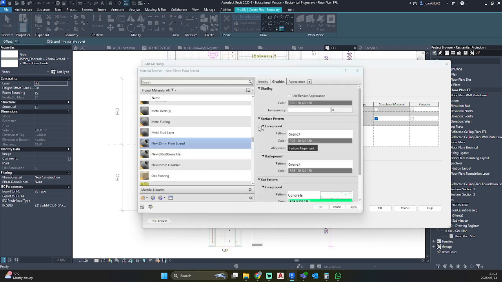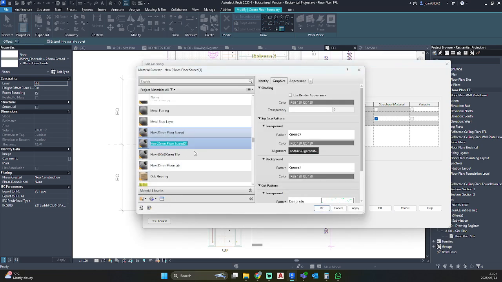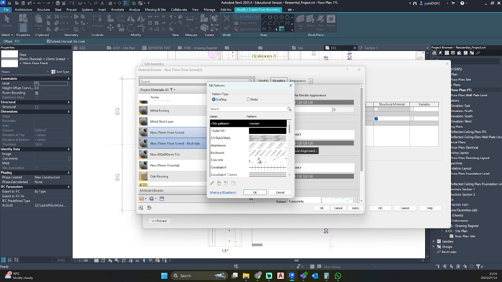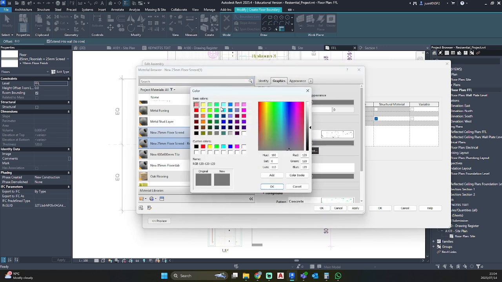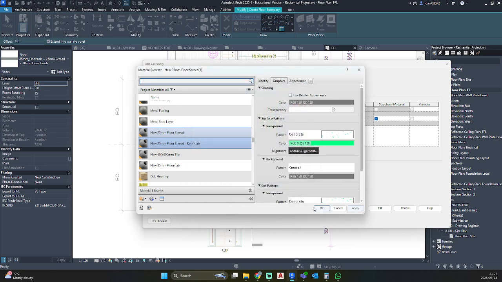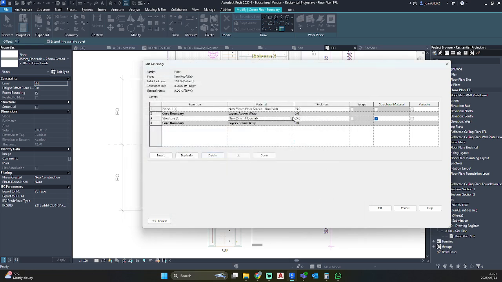Just going to delete that, change the screed material, roof slab, change the surface to concrete, give it a green, apply OK.